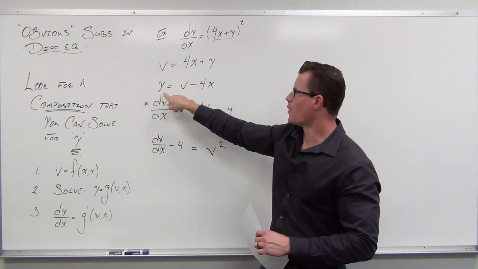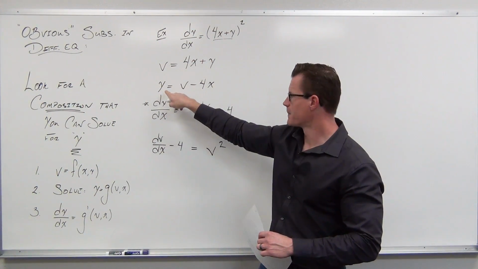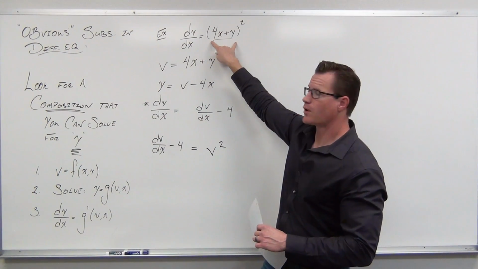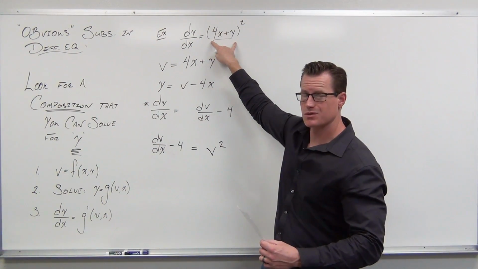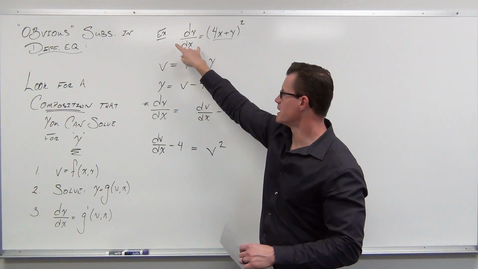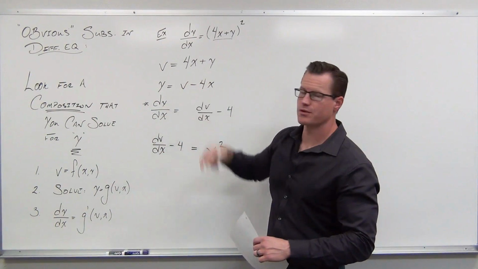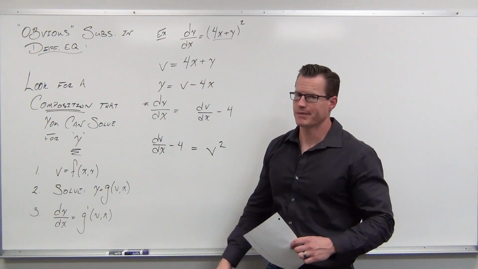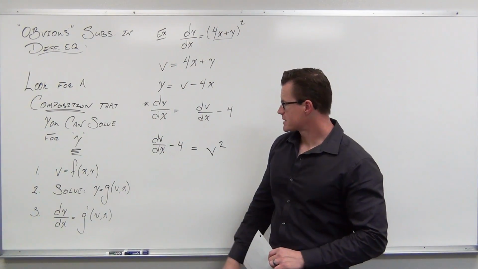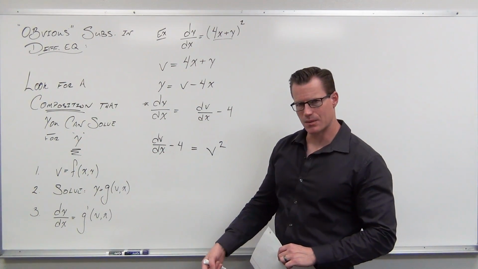Take a derivative of y, that's why we have to solve for y. And then we can replace all of our y terms with some sort of v, and our dy dx with whatever the derivative of your substitution when you solve for y actually is. So let's take a look at that. If these are going to be separable,